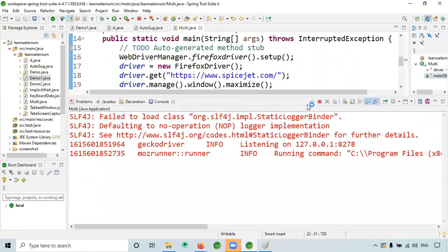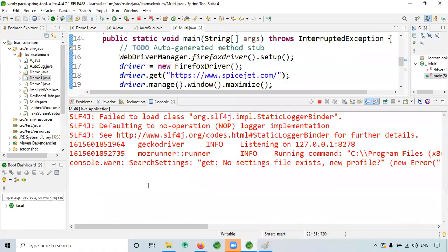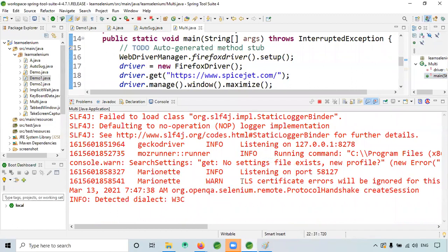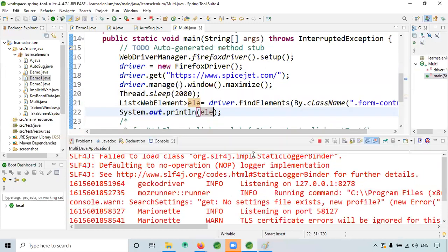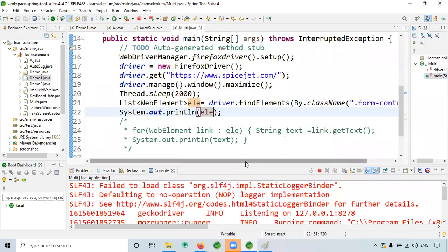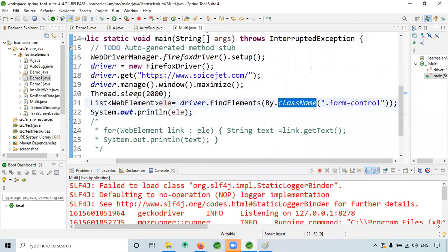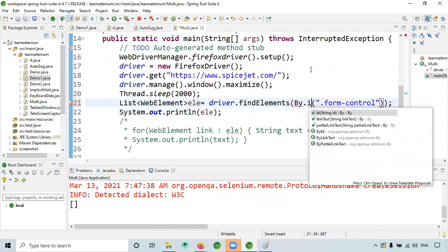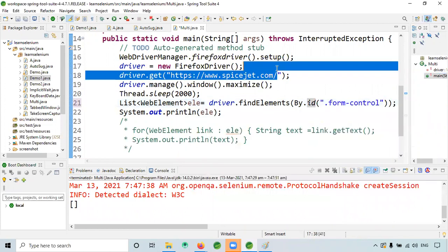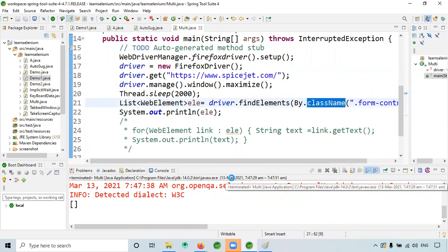Okay. I was expecting an empty list. If we wanted to find by ID, then inside that, what are we going to give? By dot id you can give, right? But still, we have to go and check some ID name, yes, that is given.